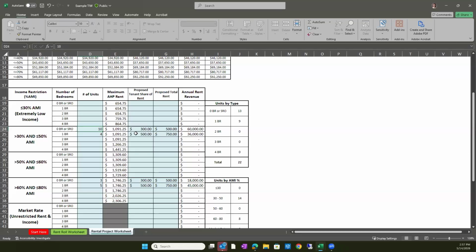If the amount that is being charged from unit to unit varies, please enter averages here. So if you're expecting some people to pay 250, some people are going to pay 300, some are paying 350, you can enter the average of all units here for both your tenant share and your total rent to get